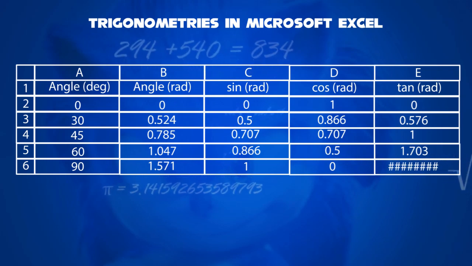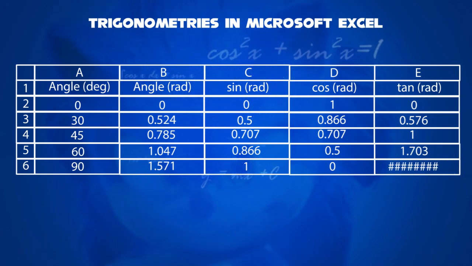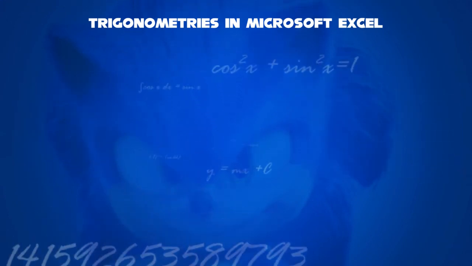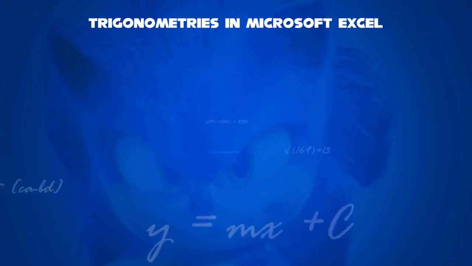hash signs, which means it is undefined, as you look into the tan graph, making it parallel to y-axis. This will be same for 270 as well. So, this video is about trigonometries in